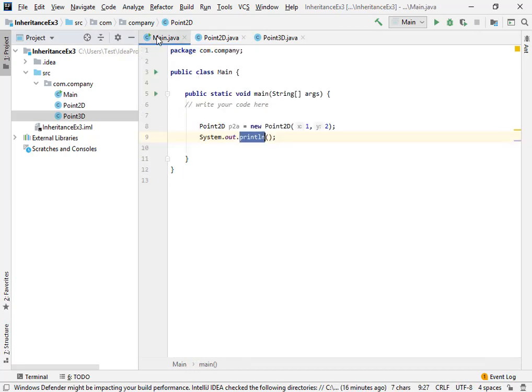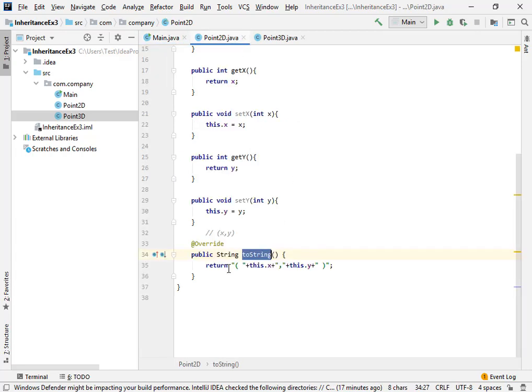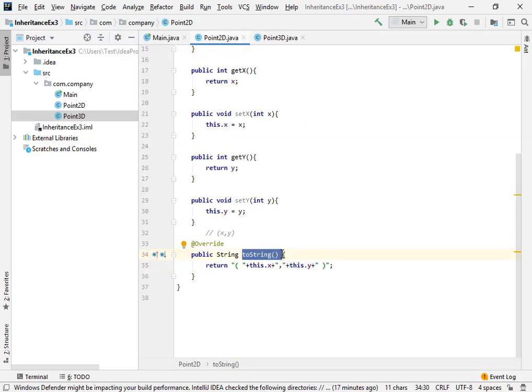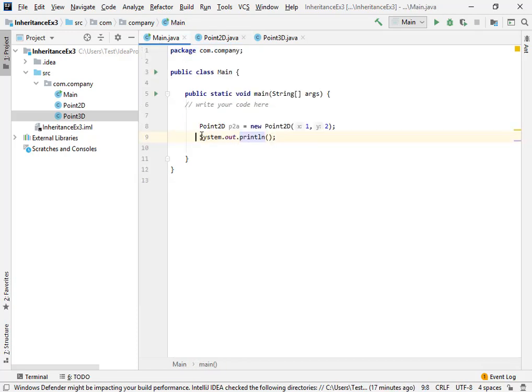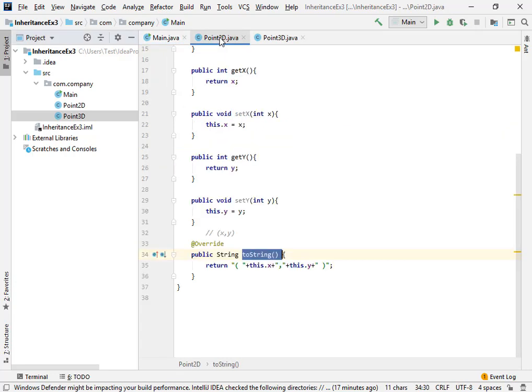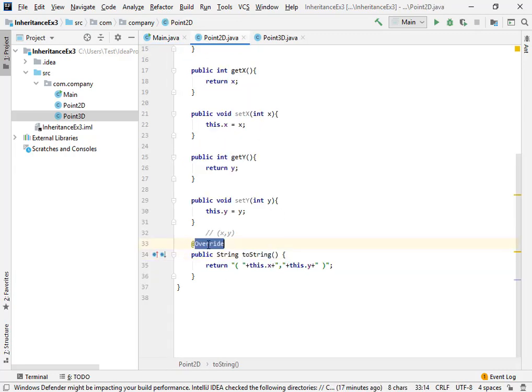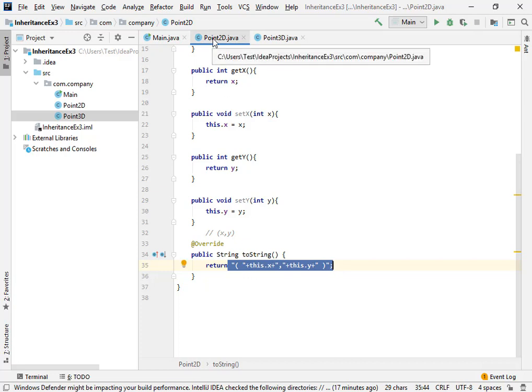Okay, so that's basically the behavior of this particular function: when we call this println statement, whatever is available within this overridden method will now be executed, because we have overridden the default functionality of toString. So when we use System.out.println, it points to this predefined function, and that prints whatever we typed inside the brackets. But in this case we have overridden the default functionality, so it will return whatever is implemented inside this particular class, which is Point2D.